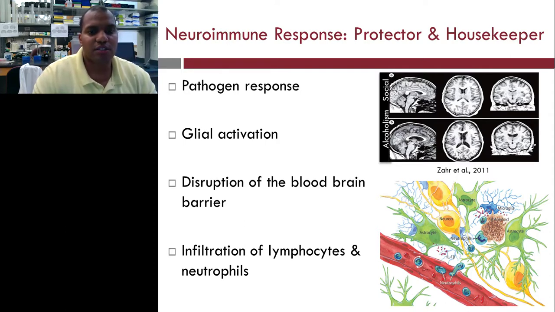The neuroimmune system includes the blood-brain barrier. So a neuroinflammatory response would include disruption of the blood-brain barrier, and a neuroinflammatory response would include infiltration of peripheral lymphocytes and neutrophils. And so again, at the top on the right, I'm showing some of the damage associated with chronic alcohol abuse. And so one of the theories behind that is that you have damage to both the CNS and the peripheral system that causes glial activation, disruption of the blood-brain barrier, and then infiltration of peripheral immune signaling.